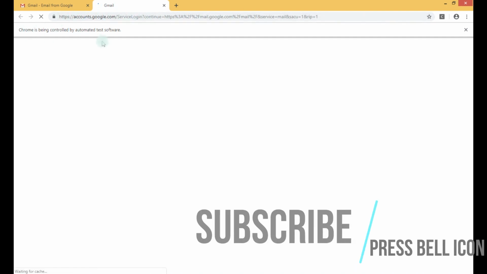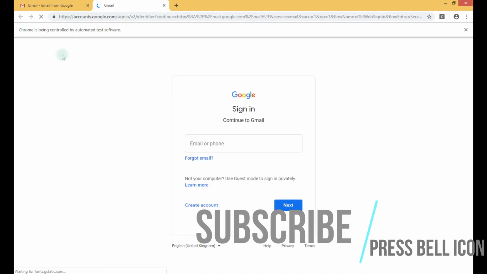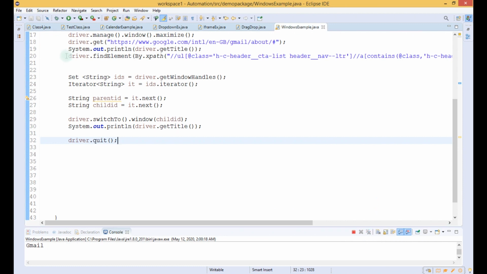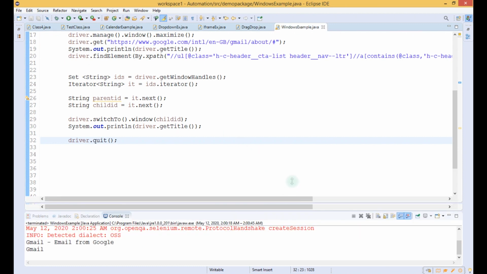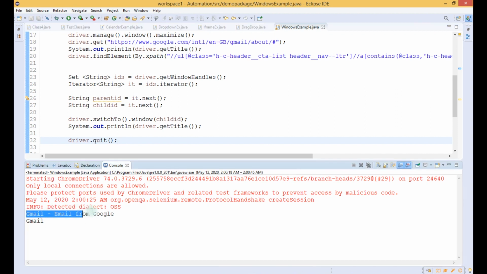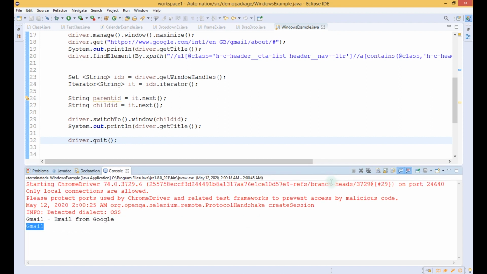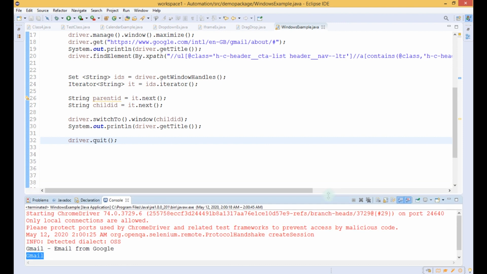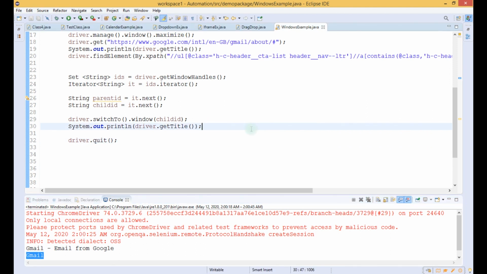As you can see there are two tabs opened in the browser, and once it is completely loaded the browser is closed. Now as you can see there are two titles printed. One is Gmail, email from Google, and the other one is Gmail. These are the two titles of the two windows that are opened by the WebDriver, right?